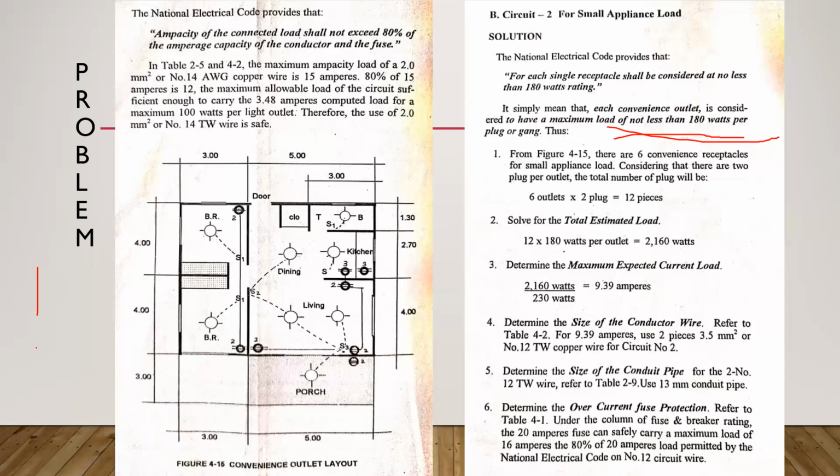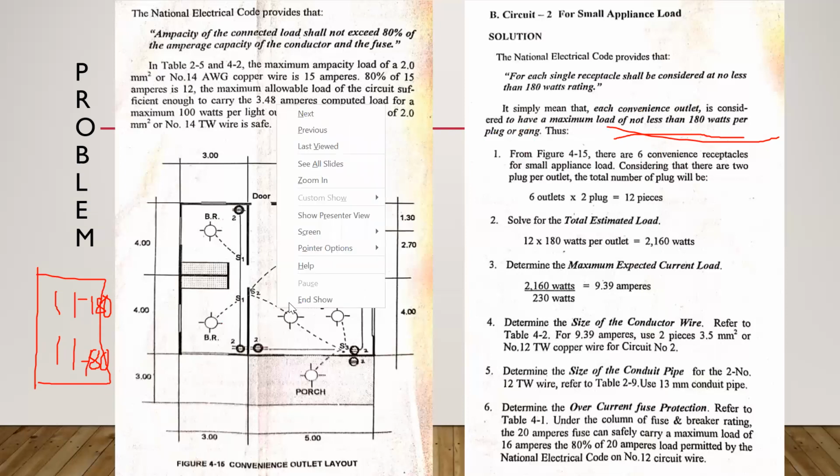So ginamin dyan, kumbaga itong ating convenience outlet, example may 2 gang tayo. Ayan, 2 gang. Kumbaga 2 saksakan per outlet. Each saksakan is kukonsider tayo na maximum load na 180 watts. So 180 watts ito, and then dito 180 watts din. So for this outlet, meron tayong 360. Okay? Okay, diretso na tayo, proceed tayo again sa ating computation. So from this figure sa ating layout plan,